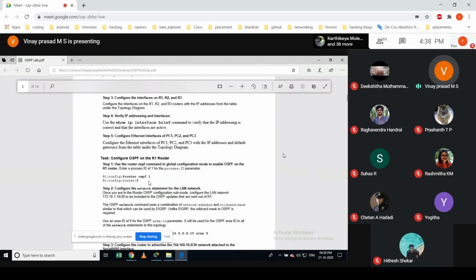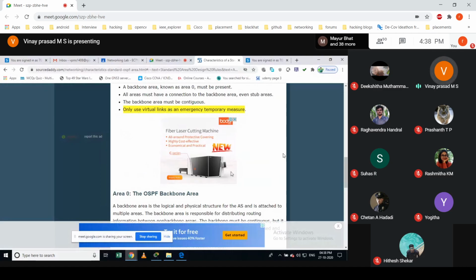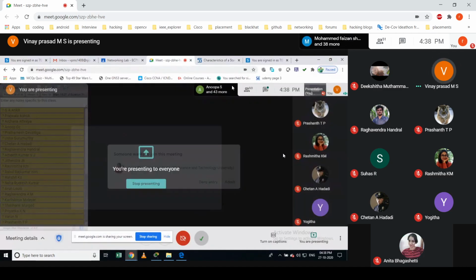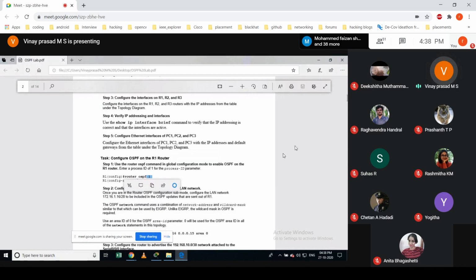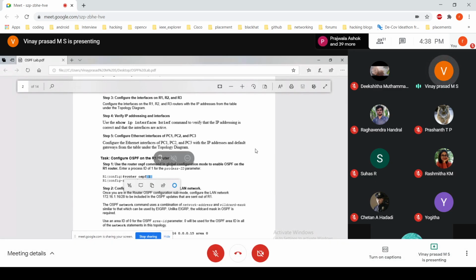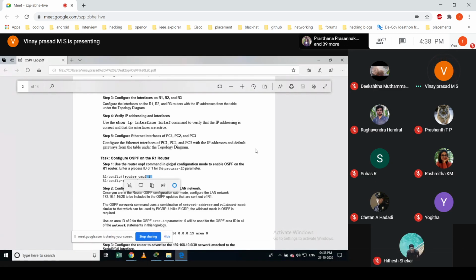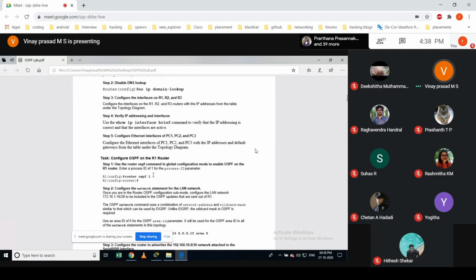This process ID is independent for independent devices. If this is one at the service provider, the same process ID should not be used at our side. It could be anything, but it helps to independently identify at the service provider router. If they have mentioned OSPF process 1 as the process ID for this SJCE, 2 as NIE or 3 as VVCE, they could independently identify which process is for which network. That process ID should not be used from our end. So that is what this process ID is all about.